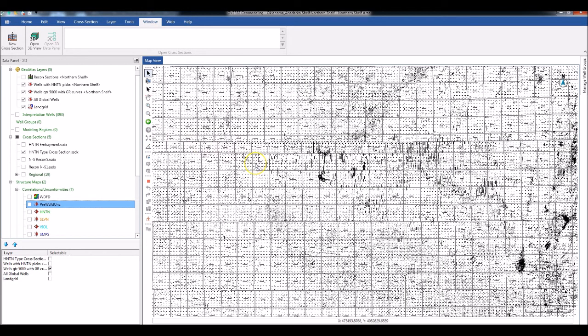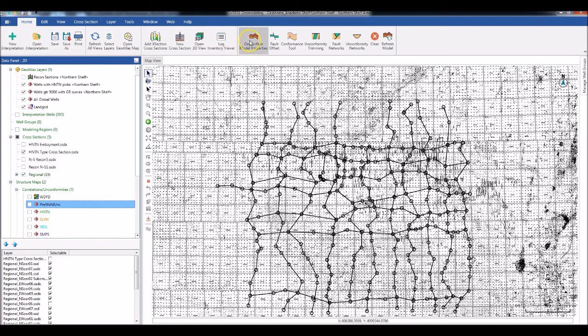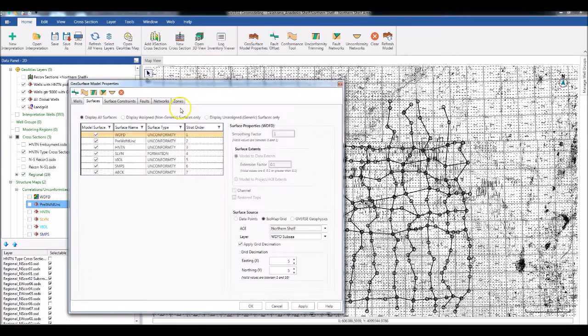Now in my interpretation workflow, I've gone ahead and done a grid of cross sections that I'm going to open up here called my regional cross sections. And what I've done is used either technique that I've just showed you to create a grid of cross sections. And as I use these techniques, these wells are automatically loaded into the interpretation. Now I'm going to go back to the Home tab and open up the Geosurface Model Properties dialog box